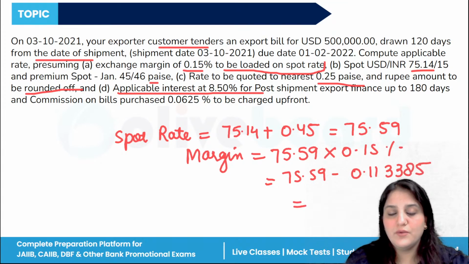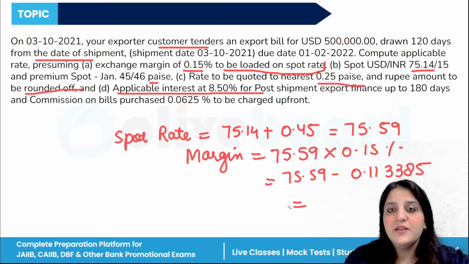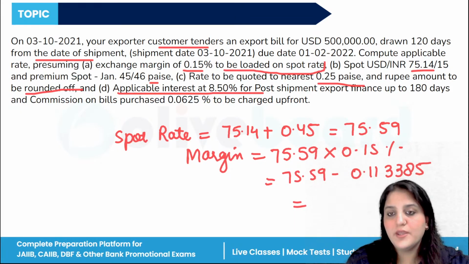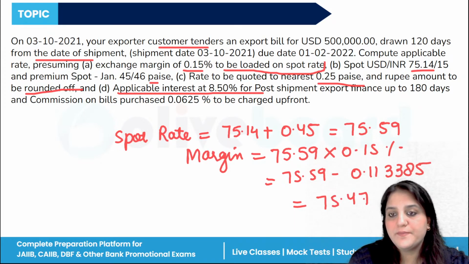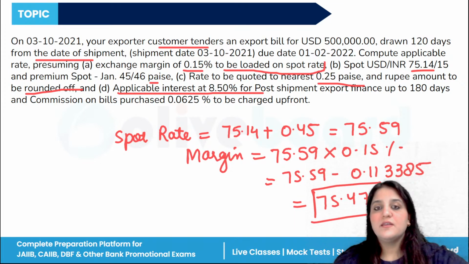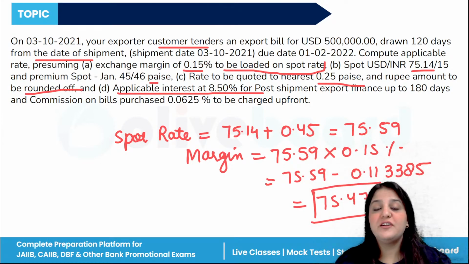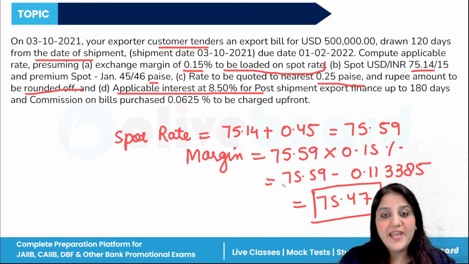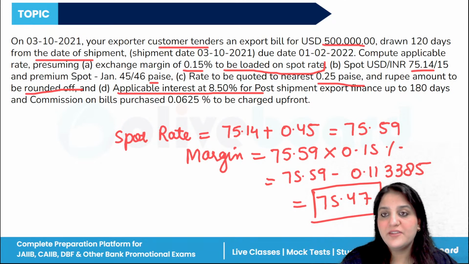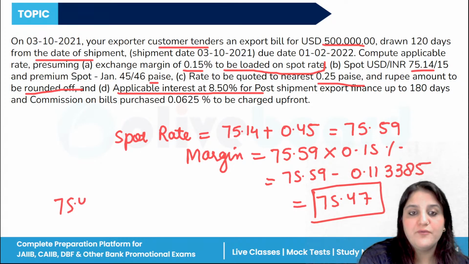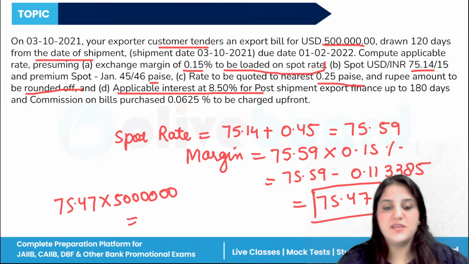So that is equals to, after deducting the margin, 75.47. Okay, so 75.47. This is the spot rate, but after deducting the margin, then we have to compute the rupee proceeds. And for this, what we can do, we have to multiply with this amount. So 75.47 multiply by US dollar 5 lakh, that is equals to,